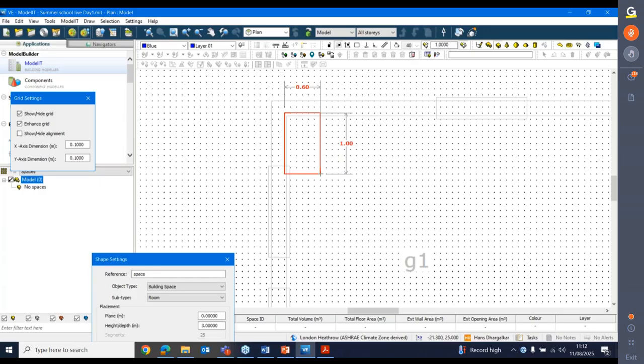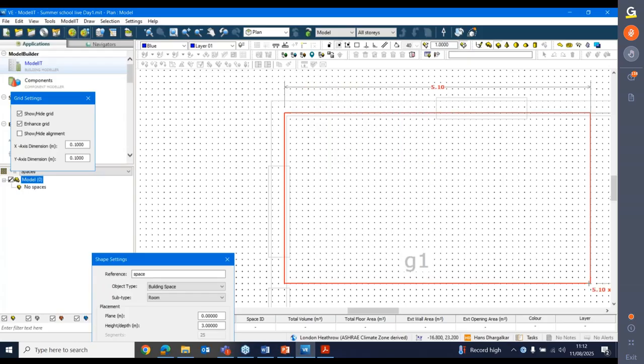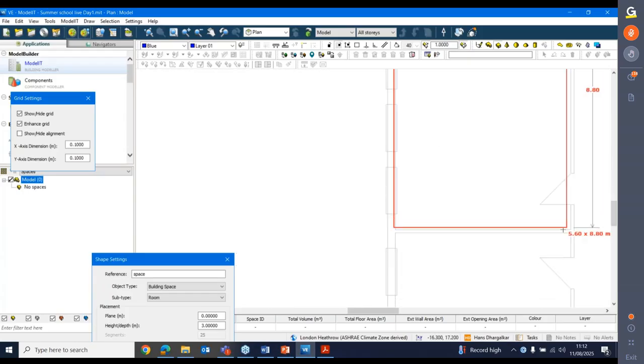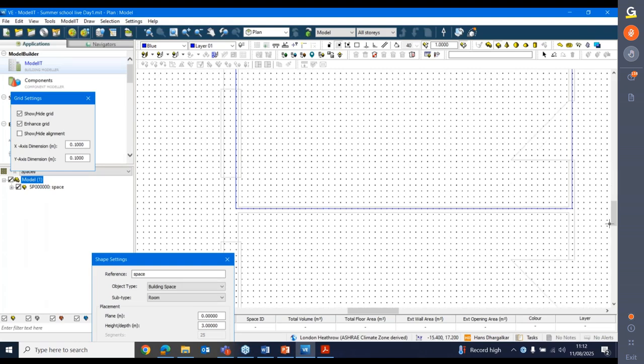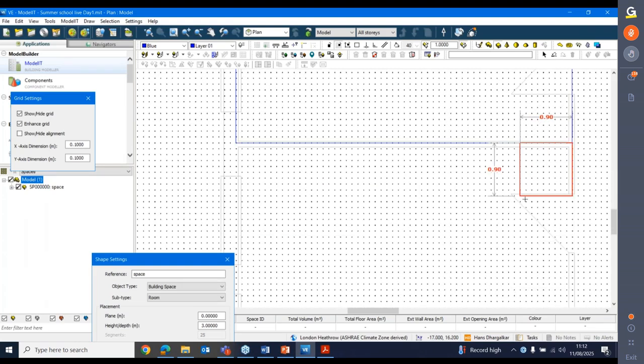Whether your room's 50 mil too big or too small won't be a problem. So use a grid lock and trace your room to represent the inside of the external wall and halfway down the internal partition, and that's close enough. Okay, but the important thing is on the grid. So when I draw my next room, those two rooms,